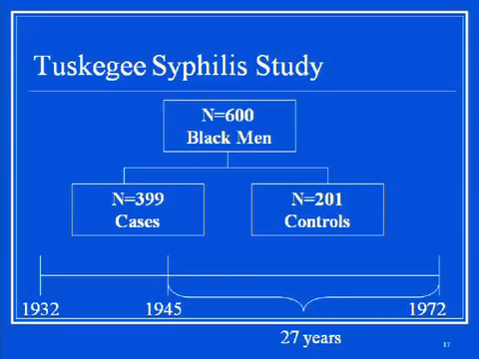How could it be that in 1945 there's a cure, and men go on to continue 27 more years of being untreated, dying? Who were these men and why was this able to go on for so long? Anybody have any ideas? Yes? They were in rural areas and doctors made sure that... So they were vulnerable.